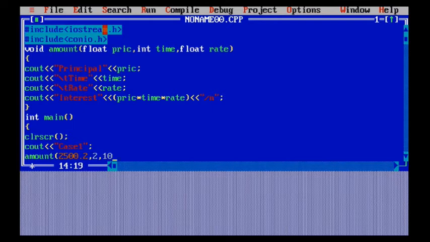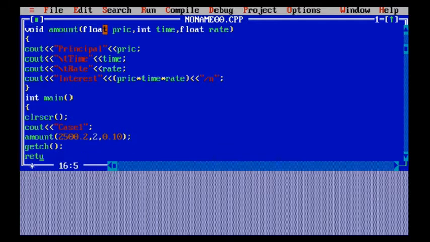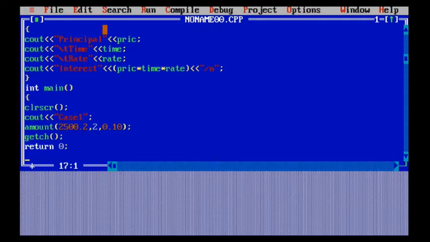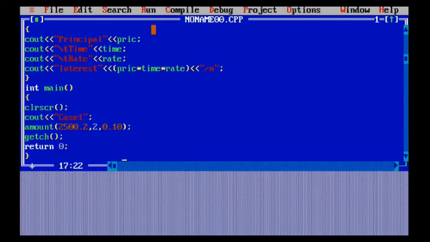Here you can see that whenever I call this function, I've written the function name, then I've given the principal amount first, then the time, then the rate. It is your choice whether you want to define it already or pass it at calling time. Then I'm going to run this function. What is the output that is going to be displayed? It will display the principal amount, the interest and everything I have used. So this is the desired output in the first case, using a function with the principal, rate, time and interest.